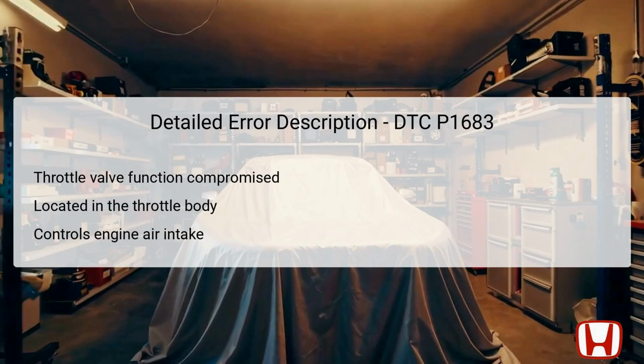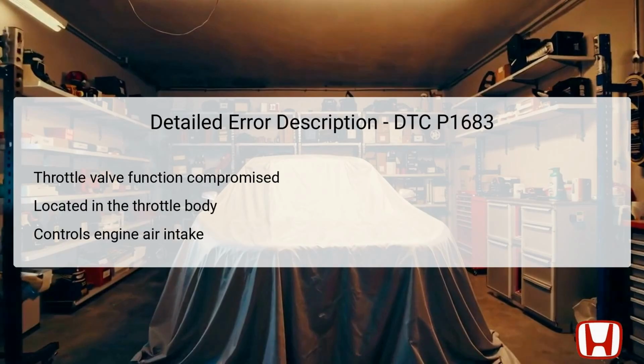Located within the throttle body assembly, this component is integral for the air management system in a vehicle's engine, ensuring the proper mixture of fuel and air. If the throttle valve does not operate as designed, the vehicle's engine can experience performance issues such as reduced power or unresponsiveness. Understanding its exact location is crucial, as problems in this area may also trigger other error codes, affecting